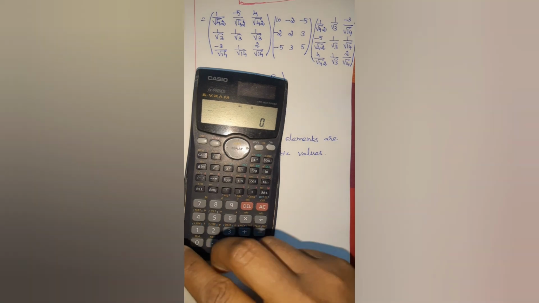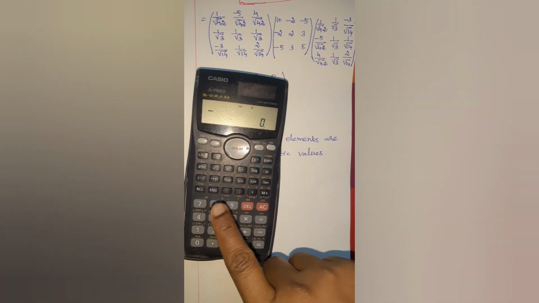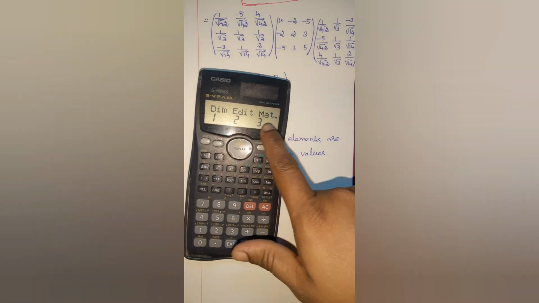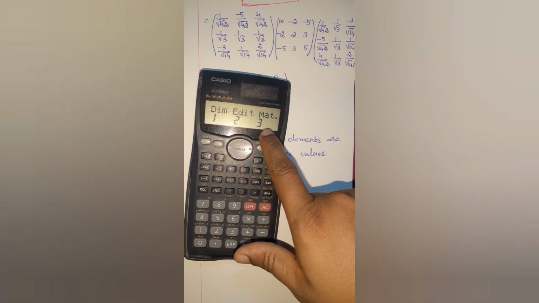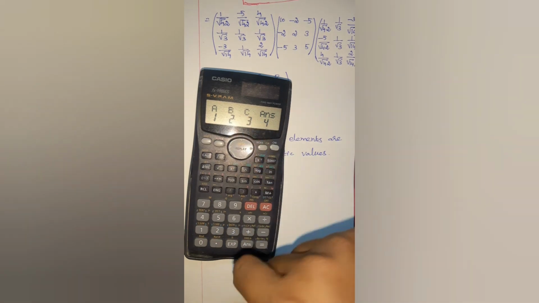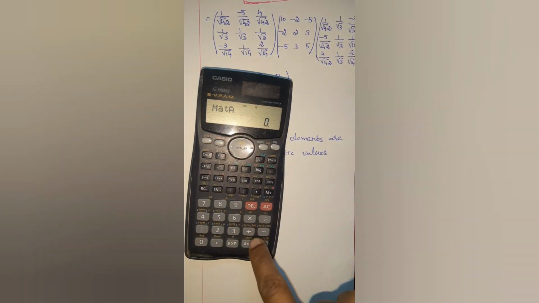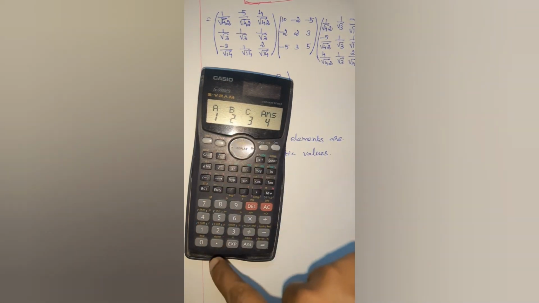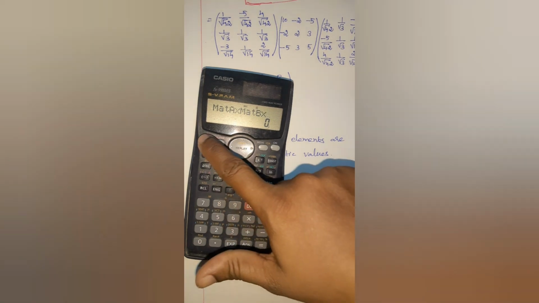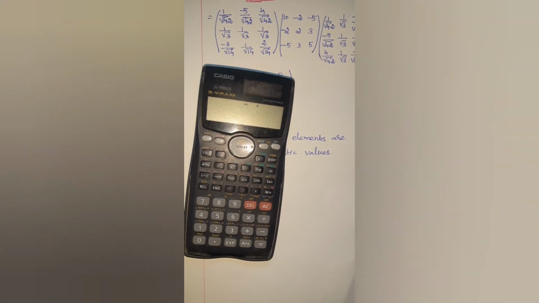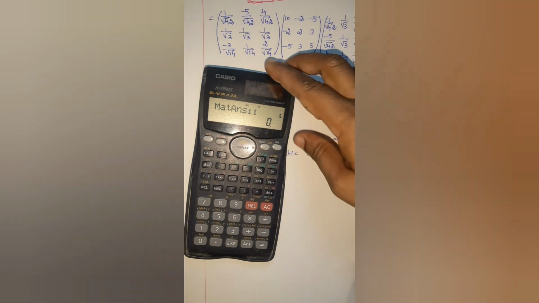The next step is you are going to multiply these three matrices, mat A into mat B into mat C, right? So for this, once again shift mat. For matrix multiplication, use the third value, 3. So here you have the entries: A is 1 into shift mat, number 3, second matrix is 2 into shift mat number 3, C is 3. Now you will get the answer as you press equal to. Yes, this is your answer.